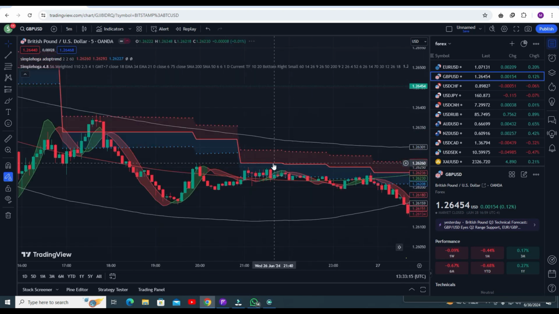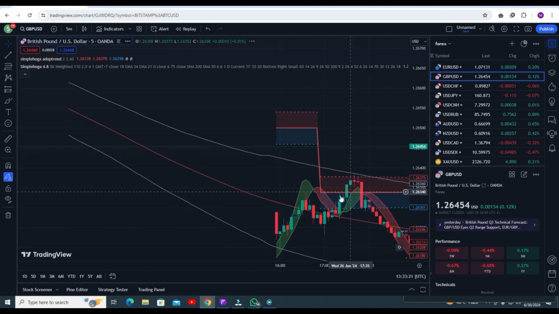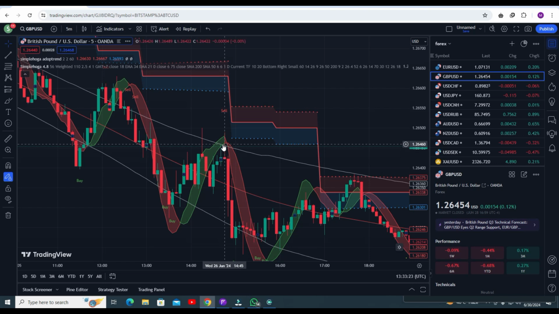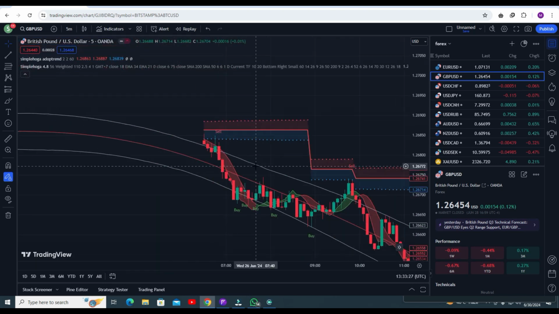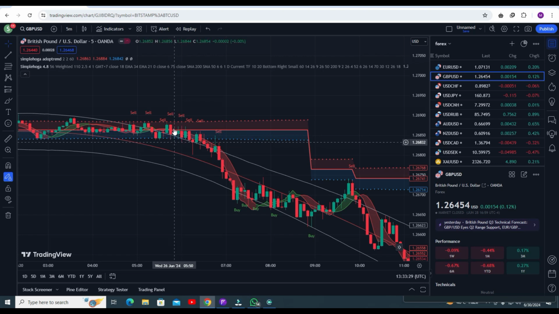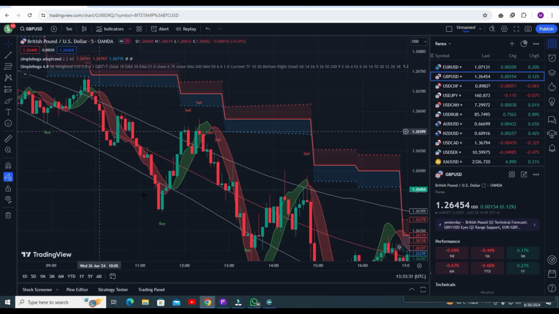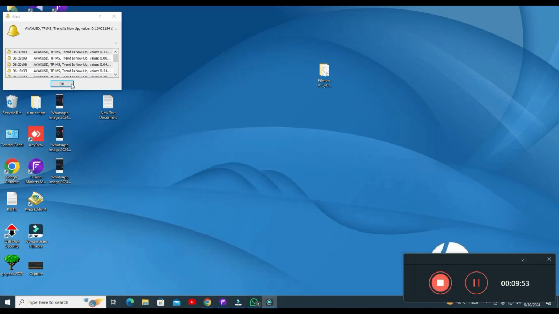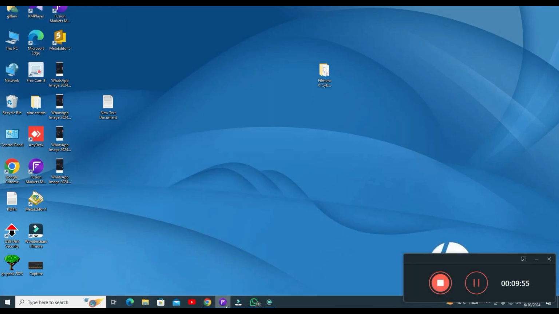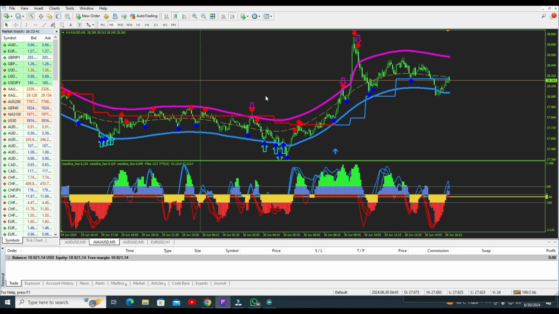Okay, when the adopted line is above the upper band line or middle band line, you need to go for the sell trade. Okay, that sell trade, or this one sell trade and this one sell trade. You can see the first profit, the second one, the third one, the fourth one. Now you understand. Let me show you some demo, and at the end of the video I will show you this example as well.